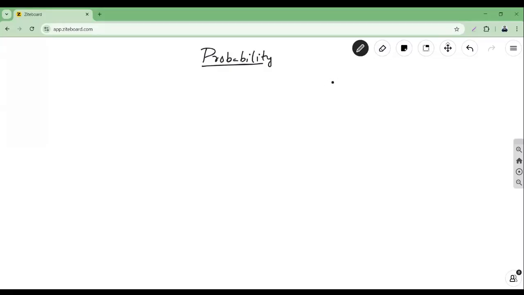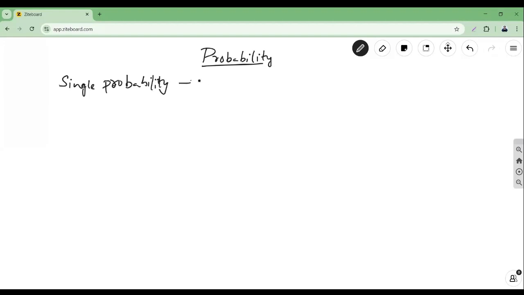Hello, math champions. Today in this video, we'll learn a little more about different types of probabilities, or different scenarios of probabilities. First thing is, let's say, single probability. Single probability means there's a single event, a single thing happening, and you have to find the probability of it. For example,